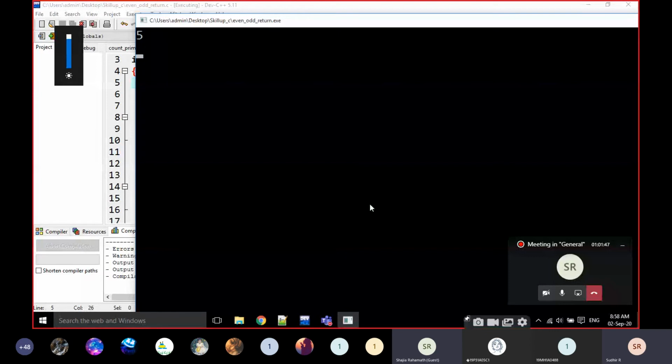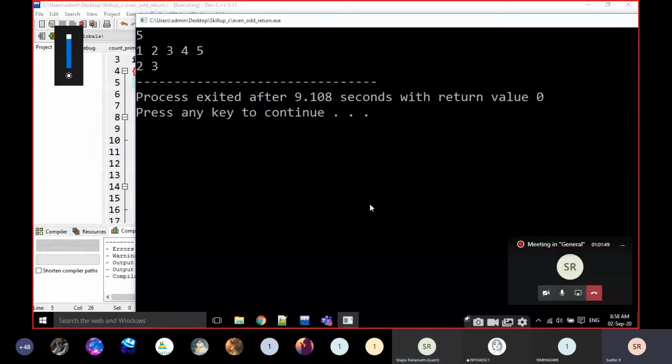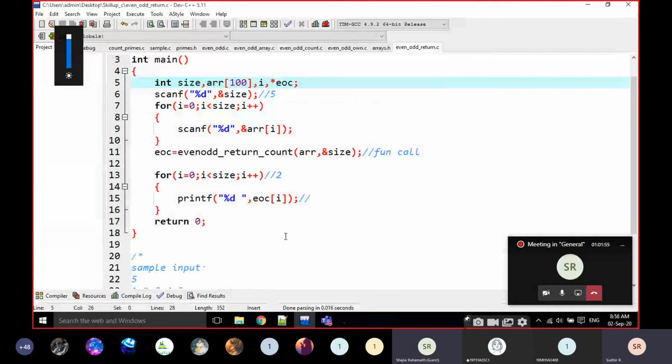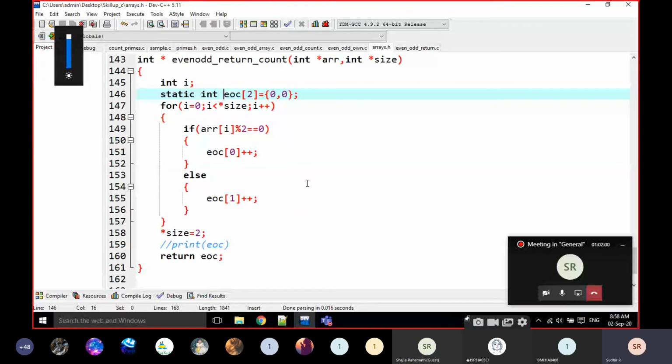Going to write some 5 values, 1, 2, 3, 4 and 5. The output is going to be 2 and 3 here. I will explain it again, just listen. What value I am passing here. For example, I will show you what I am returning.